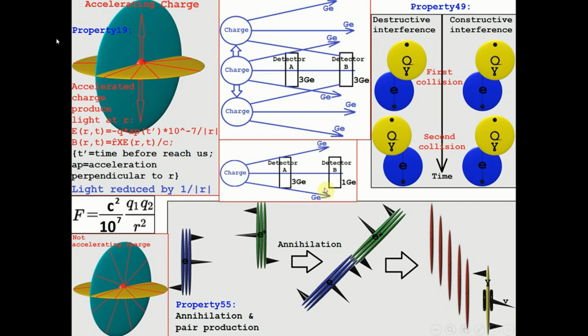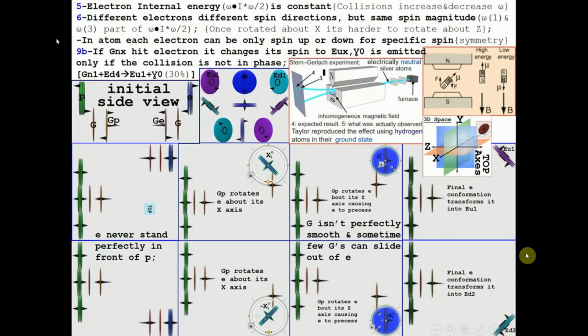One of them will get angular velocity, and it will be the light with very high frequency, so they will annihilate each other. The electron and the proton spin are produced by the following mechanism. When the electron and the proton attract each other, they will never stand perfectly in front of each other by chance. So the GP particle emitted from the proton will also rotate the electron along its x-axis or its z-axis,